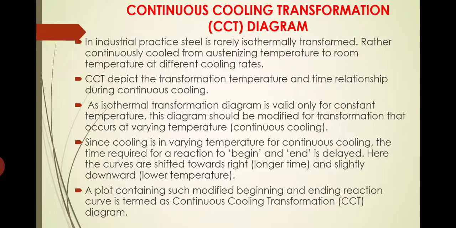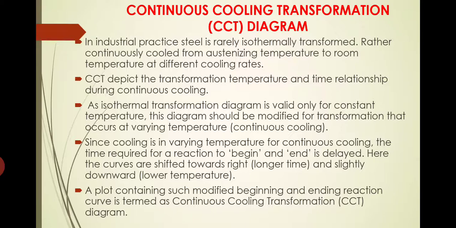Sometimes for a particular period we will be cooling at a much slower rate, after that we will slightly increase the cooling rate, and sometimes we will even keep the temperature almost constant. Different cooling rates may be applied within a cooling process itself. So we cannot exactly predict the final structure based on the TTT diagram. That is the difficulty with the TTT or isothermal transformation diagram. That's why this diagram is introduced, and it is much more helpful: the continuous cooling transformation or CCT diagram.